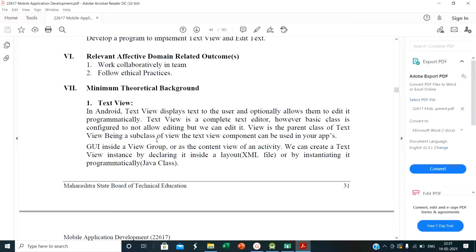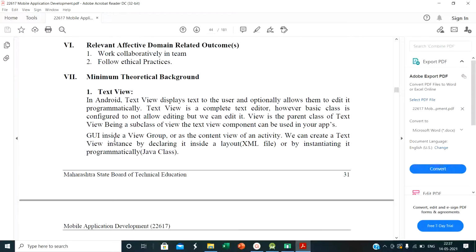Being a subclass of view, the text view component can be used in your application GUI inside a view group or as the content view of the activity. We can create a text view instance by declaring it inside the layout, in an XML file where we do the designing,